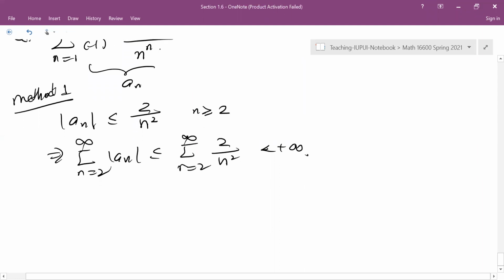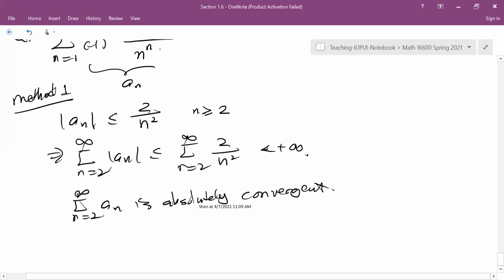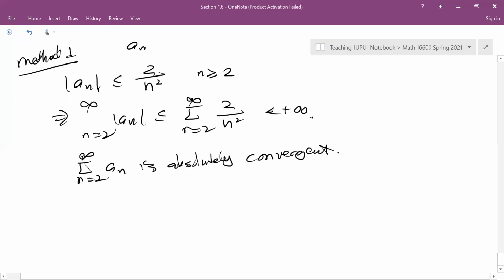Then it is absolutely convergent. The second method,